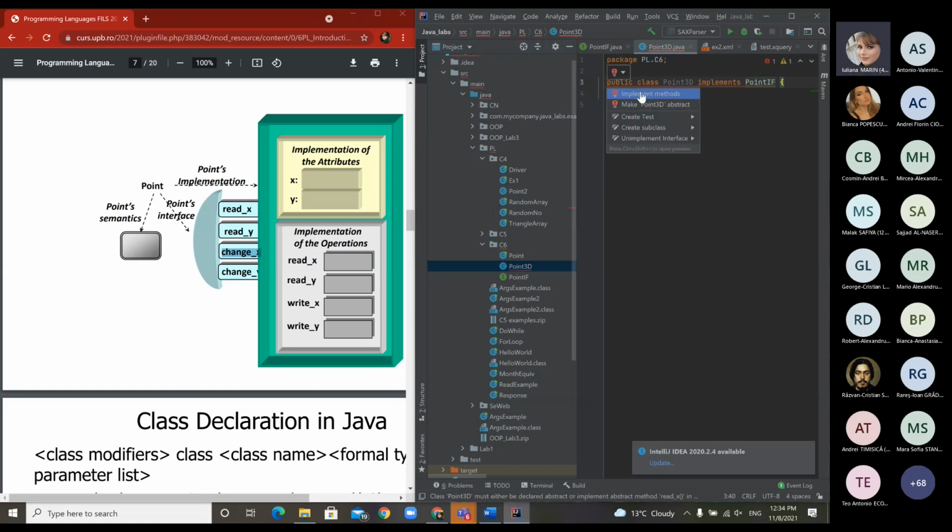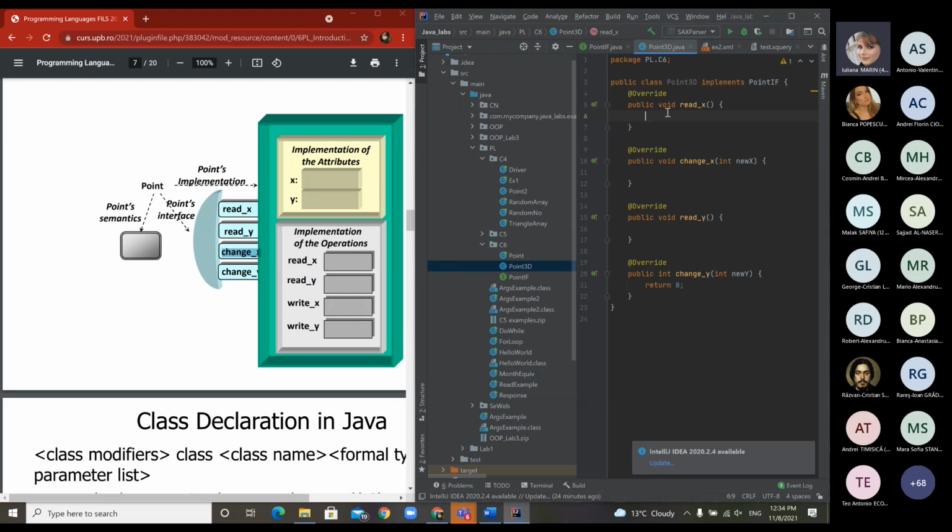So it means that I can define the same behavior, but the behavior will be different. So here, if I want the read of x, I can display, and I can also add the other coordinates like x, y, z, and just display the value. And when I just change a coordinate,